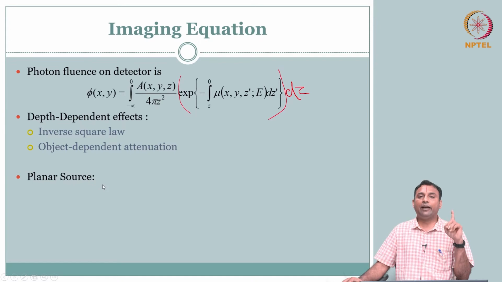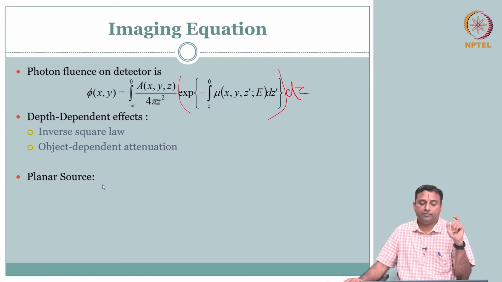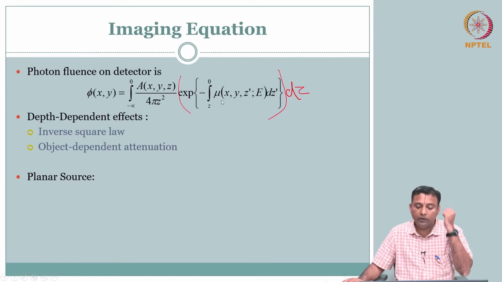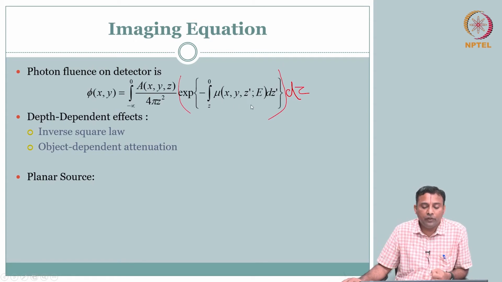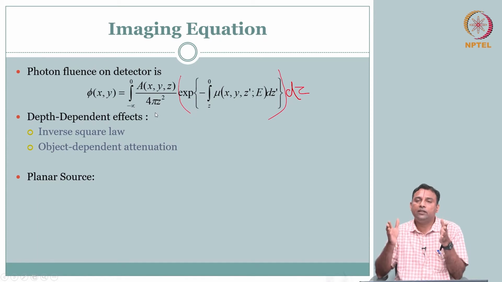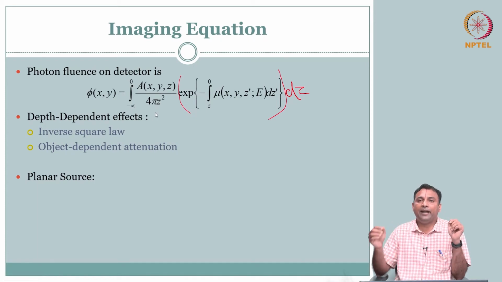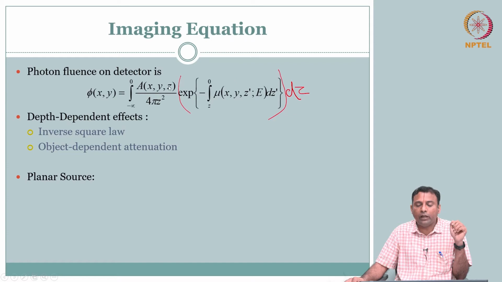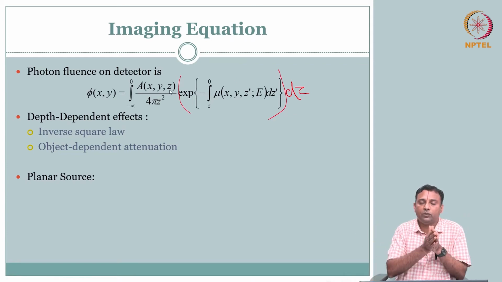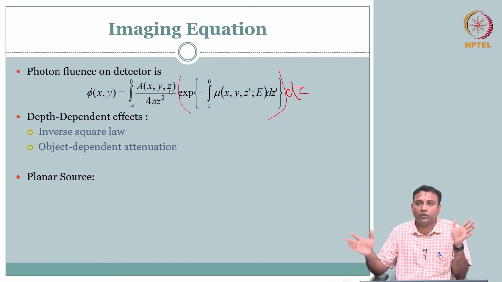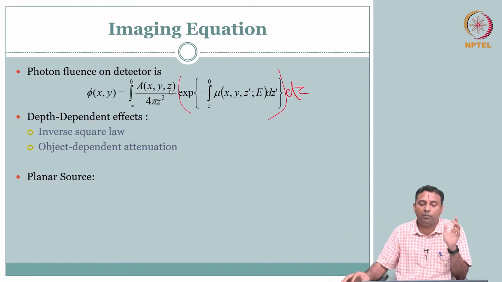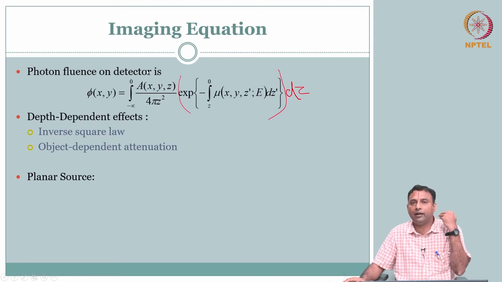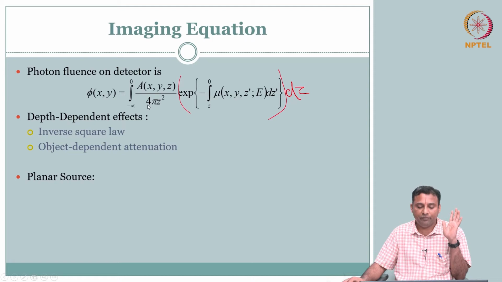So one thing we can try is to reduce and simplify. Why do we not consider a planar source instead of this 3D source? In some sense, why worry about the Z? Why can I not collapse that to the plane where the radioactivity is? So we can collapse that and have only a plane. Therefore, at least to that extent, I can simplify the front or back. How do we do that?